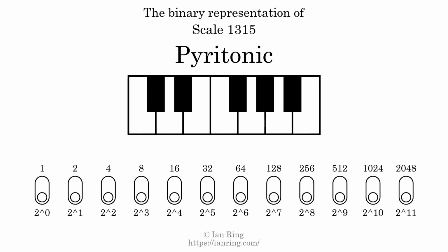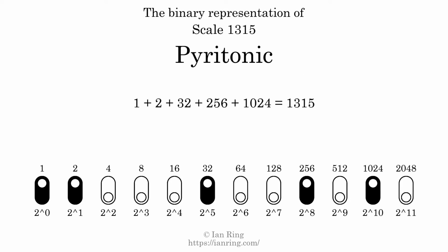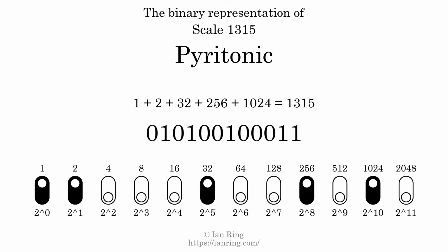The binary representation of this scale is determined by mapping tones of the scale to binary digits. Each binary digit represents a power of 2. To get the scale number, we add the powers of 2 together. The powers of 2 that are present in the scale, all added together, equals 1315. That is why the scale number, in decimal, is 1315. The scale number not only enumerates the scale with a unique index, but it also literally describes the tonal content of the scale. Represented as a binary number in base 2, the scale number is